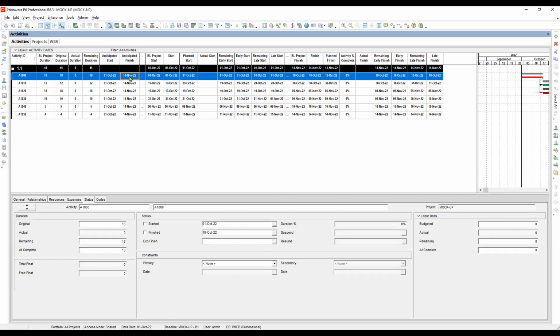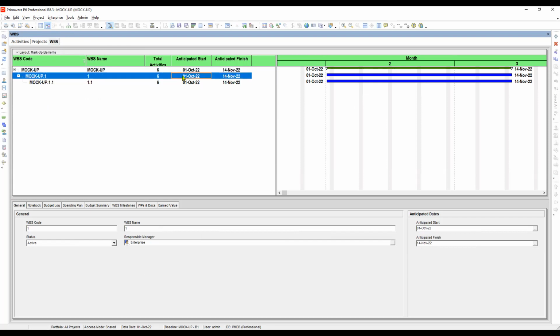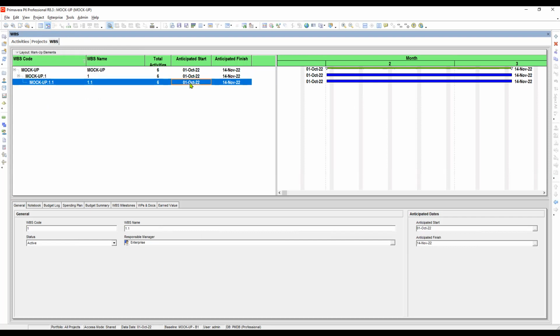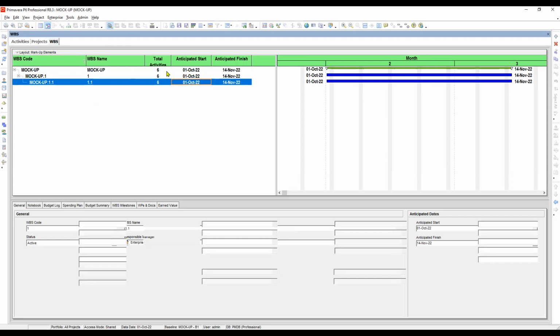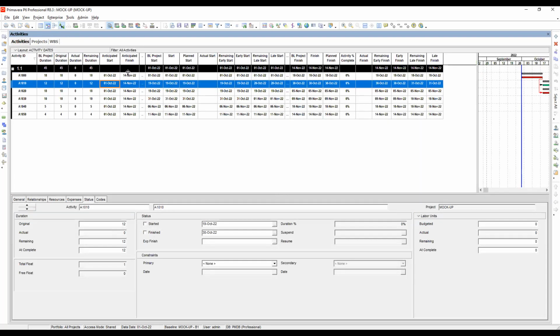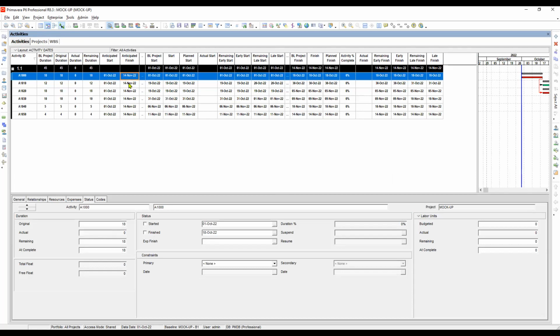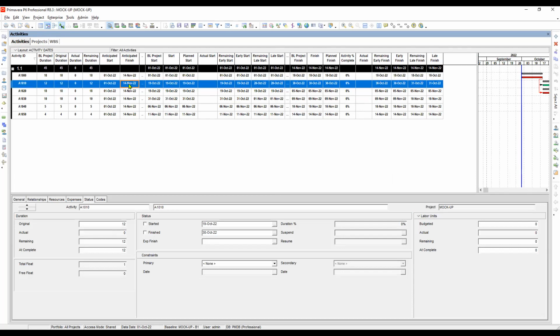So take note that the WBS anticipated dates at the lowest level is the one being reflected on the activity level anticipated dates. So we're done here for the anticipated dates, right? Okay, let's go back to the